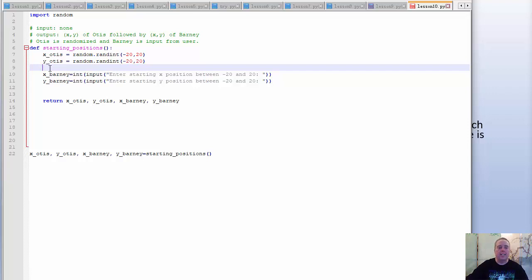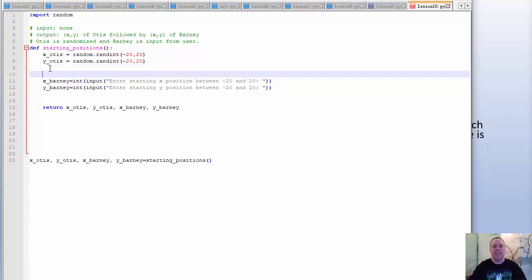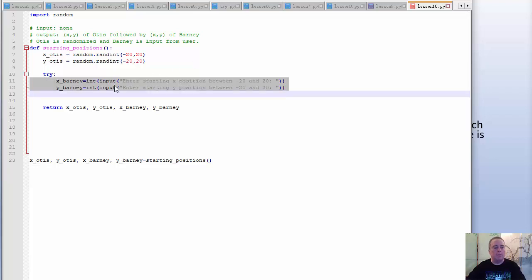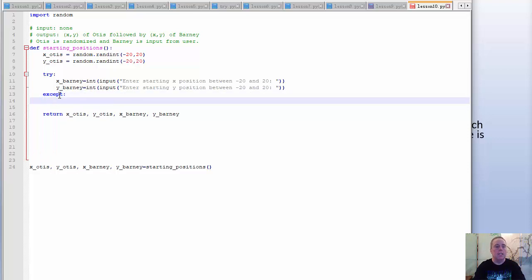All right, so, but again, we really need to proof it so that my code reviewer might say, aha, I'm going to put in an A and see what happens. Okay, so we need to make sure my code reviewer can't break my code. All right, so we're going to do a try statement here, and that means we need to tab those over,